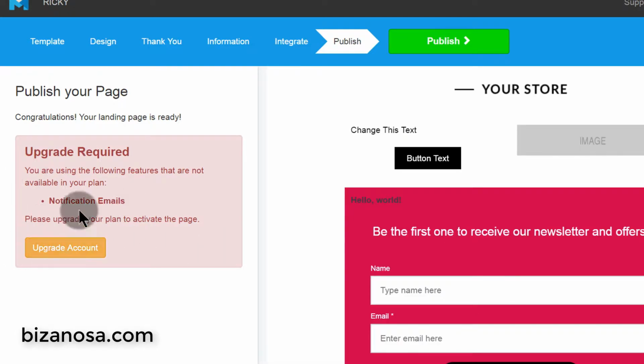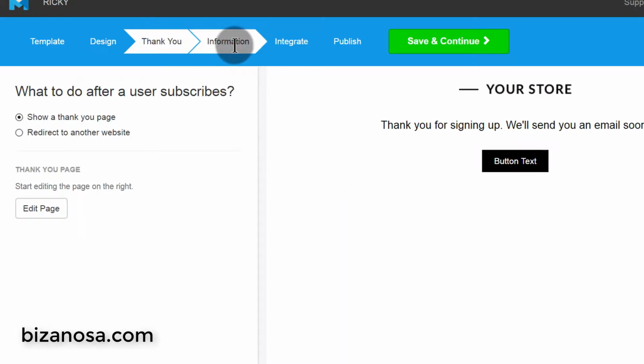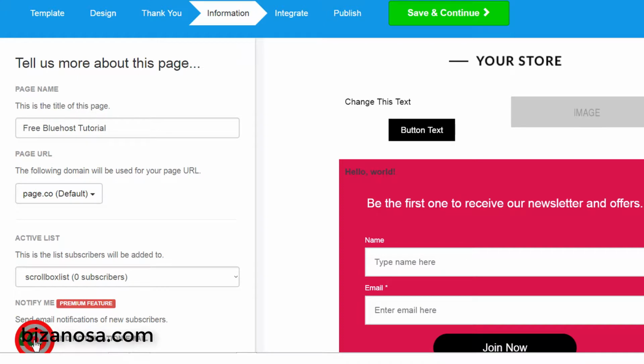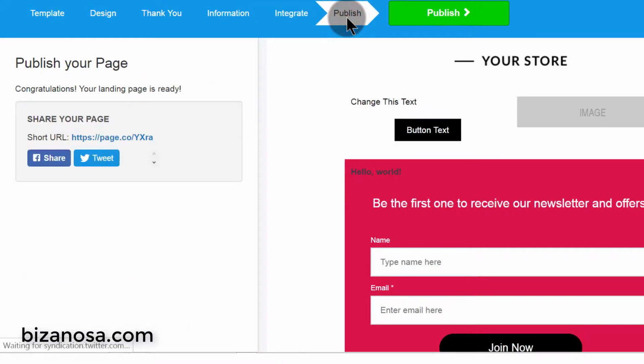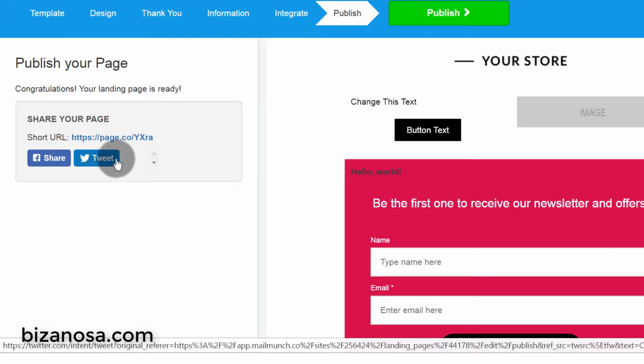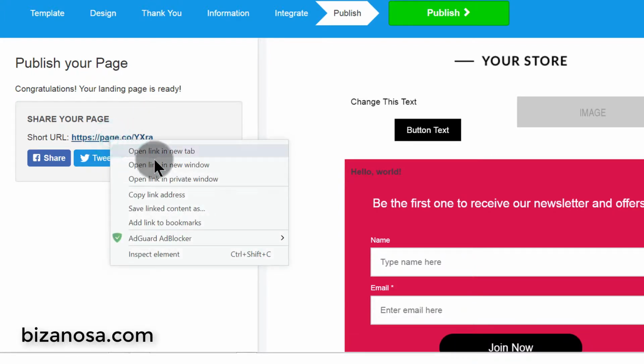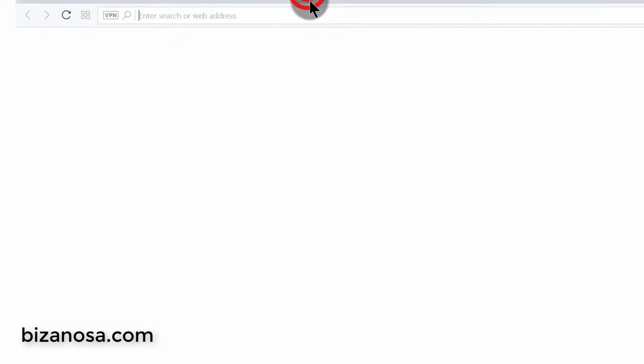So you see, you can publish your landing page, and I would need to upgrade this because I'm using this feature. So let me go back, and I think it's not there. Was it here? Yes, this feature. I can just turn that off and then save and go into publish. And now you see, just like that, your landing page is ready. If you want to get people to join your landing page, you can now start sharing this link, and I'll just copy the address,